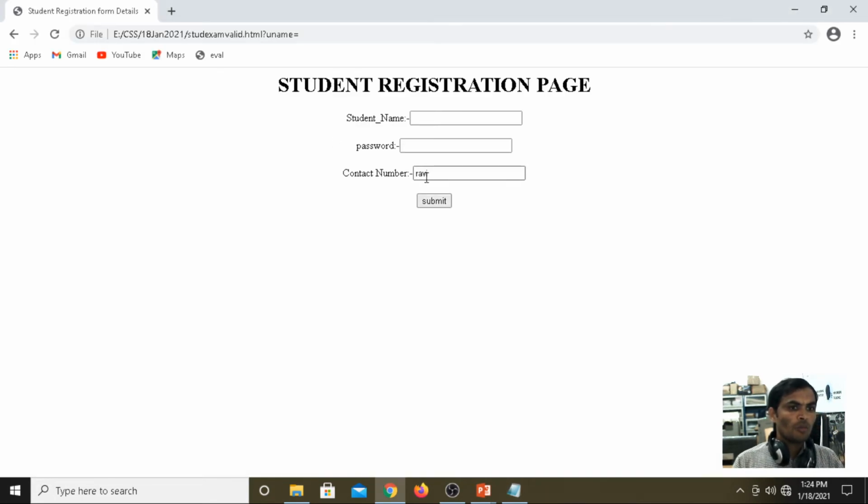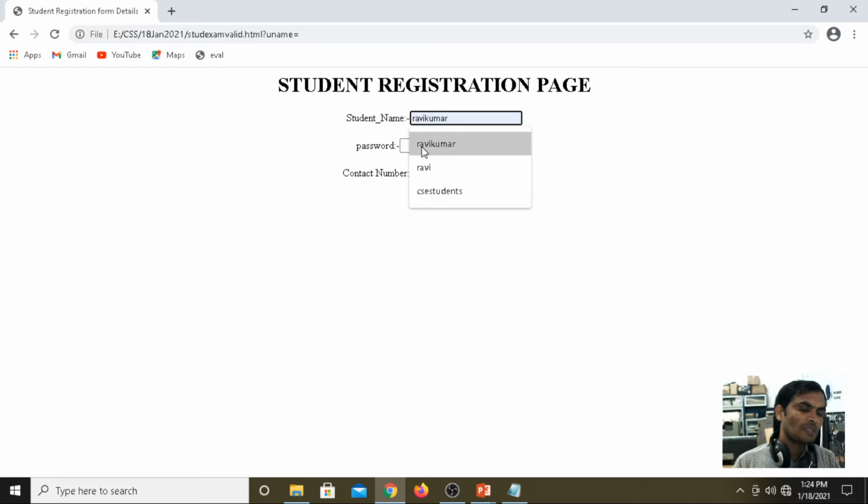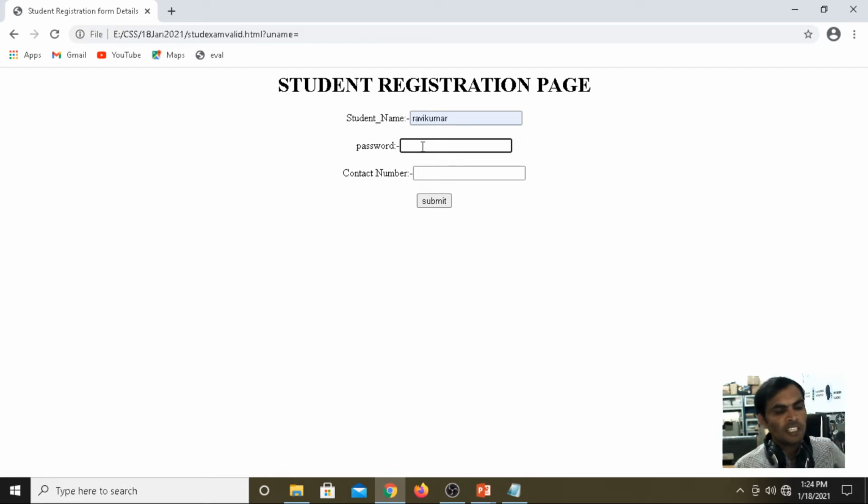Means under the mobile number we have given three constraints or validations. For student name, null value or empty, minimum 6 characters. For mobile number, null or empty. Then the password can consist of a maximum of 8 characters, 1, 2, 3, 4, 5, 6, 7, 8.